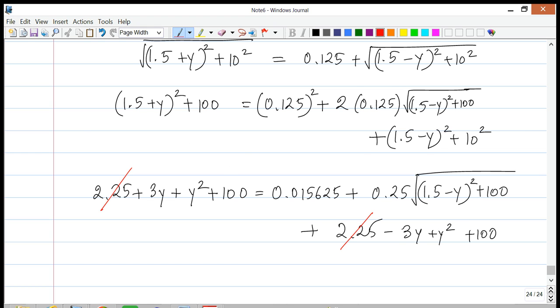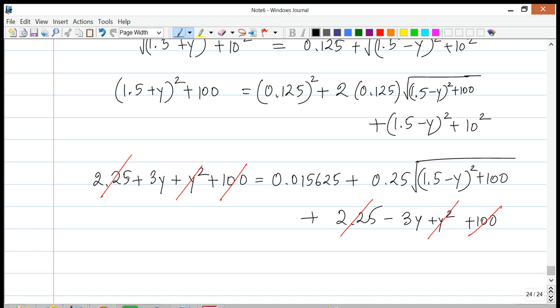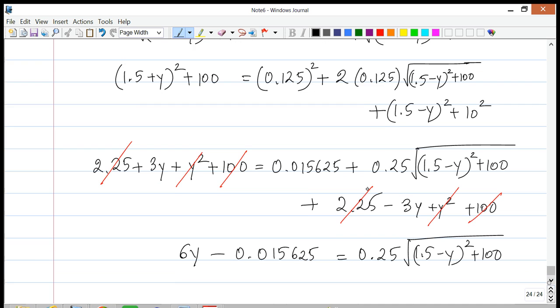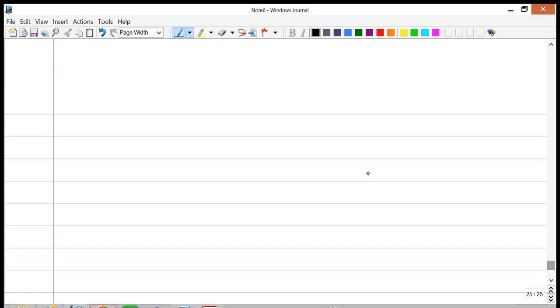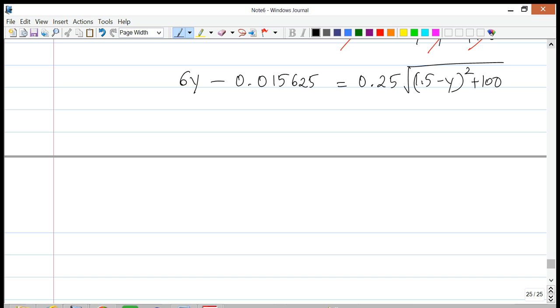First the 2.25 cancels out, the 100 cancels out, the y squared cancels out. Okay, what we are left with is a 3y and a 3y, so that ends up giving us 6y on one side, minus, I'm going to move this 0.015625 to this side, and all this is equal to 0.25 times the square root of (1.5 − y) the whole squared plus 100. Okay, now what you can do is you can square both these sides again, and what you end up getting